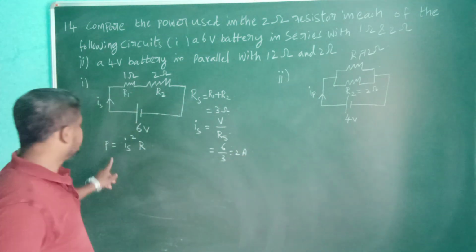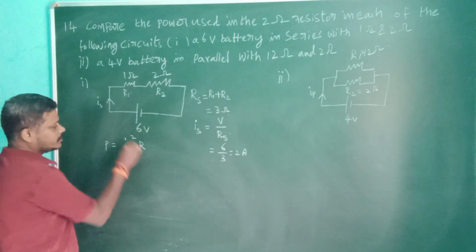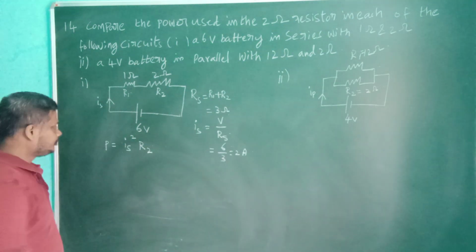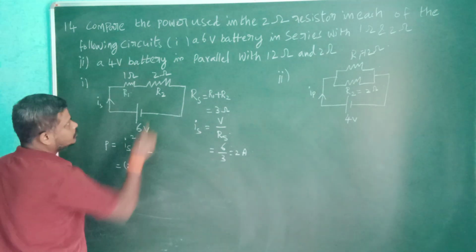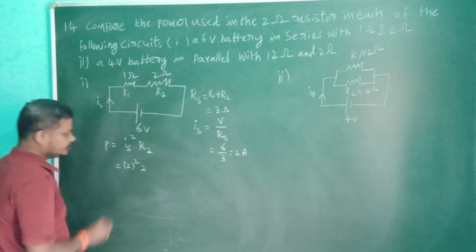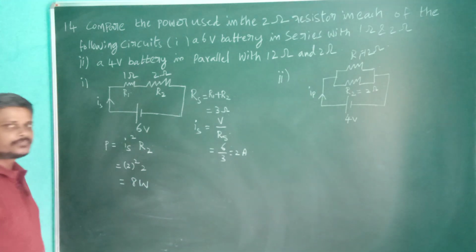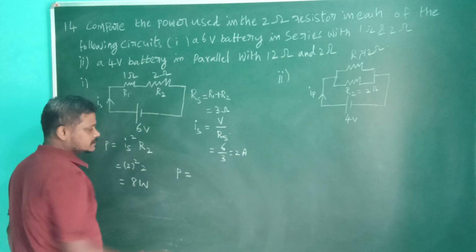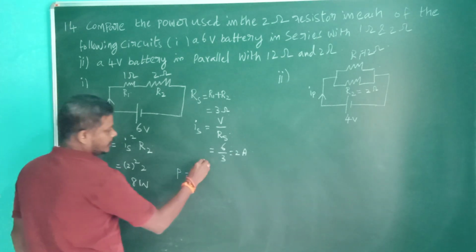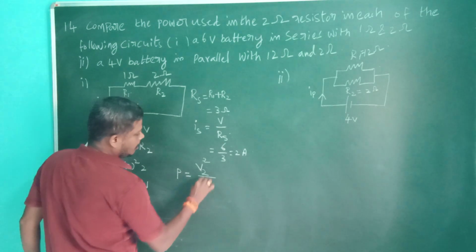Then power dissipated in the 2 ohm resistor is I series square R2. I series square is 2 square and R2 is 2. Then we get 8 watt. And another method is, power dissipated is given by V2 square by R2,